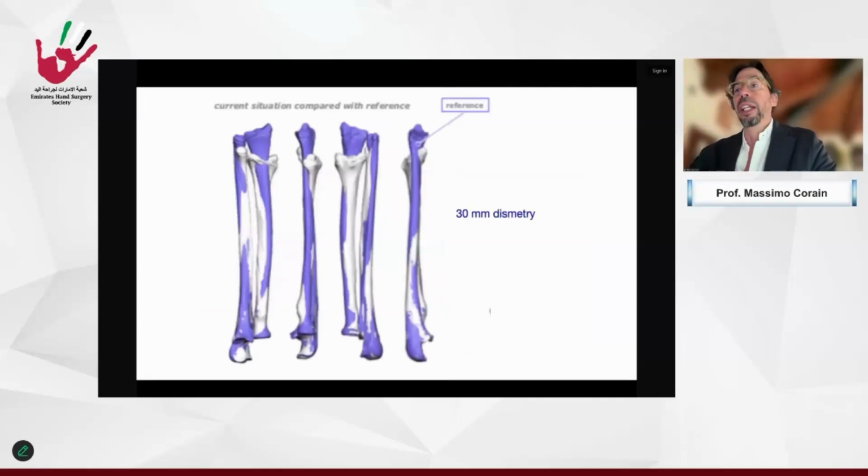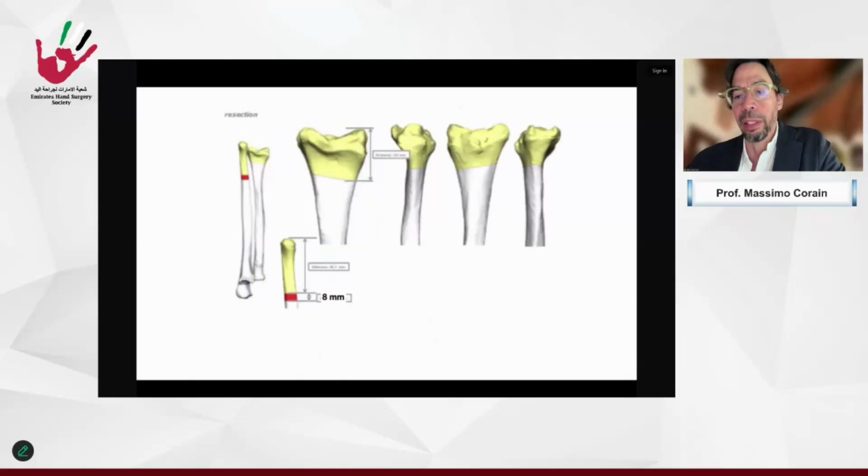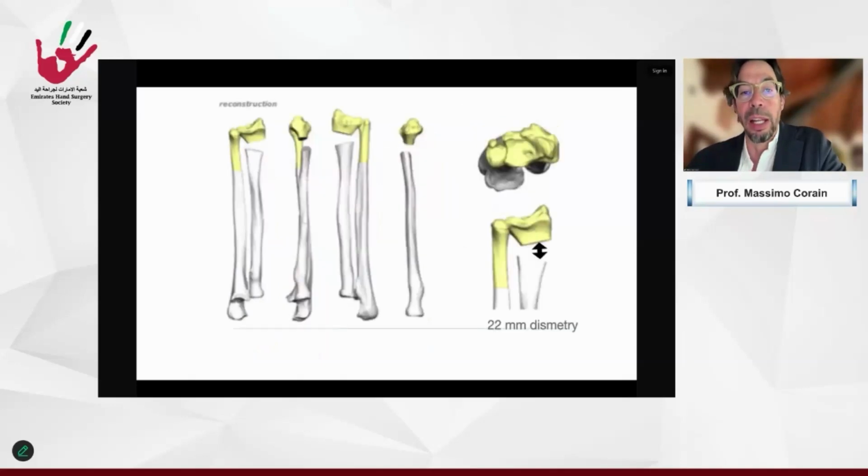And during these 3 years arrived the digital evaluation, the patient-specific implants. So we can see the similar case with a digital reconstruction. And comparing with the contralateral forearm, we can check 30 millimeters of dysmetry. So I decided to associate an ulnar shortening in order to reduce the gap of the distal radius because of the soft tissue retraction, and a distal radius lengthening in this way of 22 millimeters.